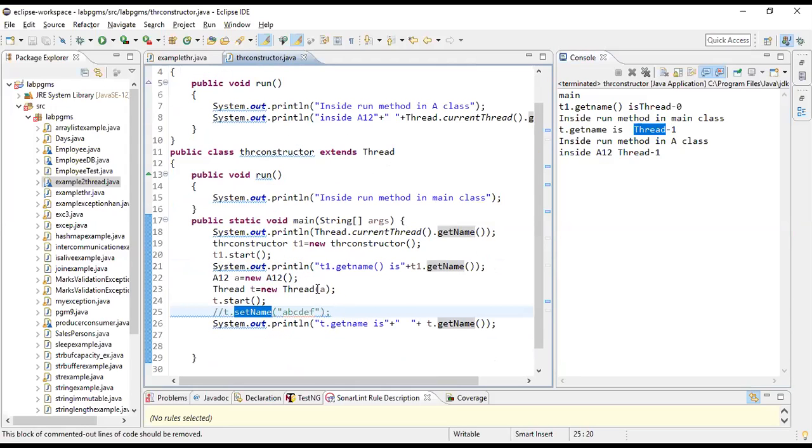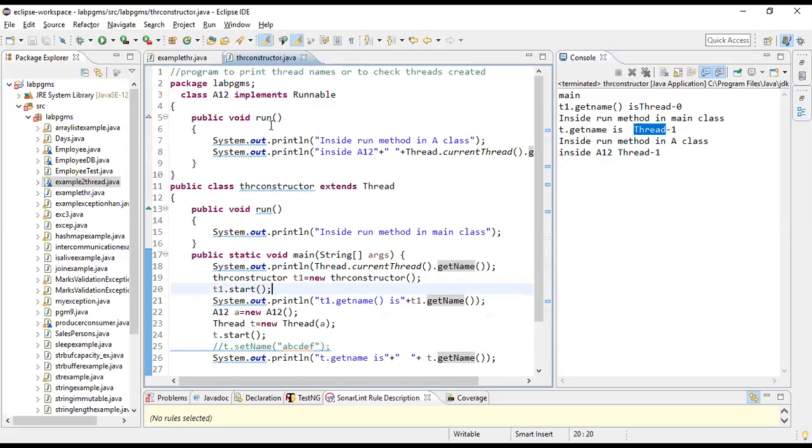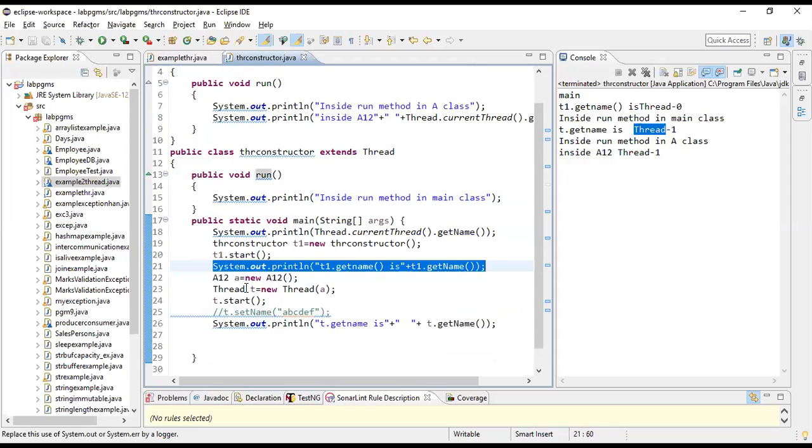And one more important point to note here is how the concurrent execution is happening. The t1.start will only make sure that your t1.run is invoked. And after that, again, because of concurrent execution, your main can switch on and main can execute its part, and then again it can go back and print here also. In this case, the same thing. t1.start has made sure that run method is invoked, but this statement is not executed. Instead, your main method is executed. So this statement was printed first, right? Similarly, after this statement, again it went back, it printed this statement.